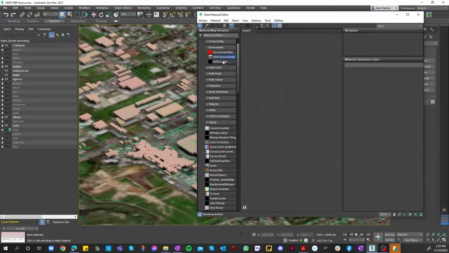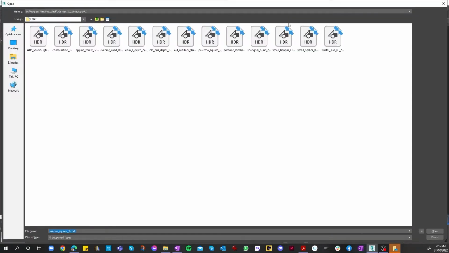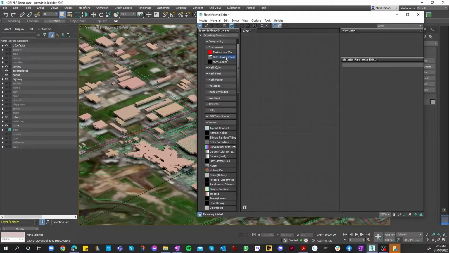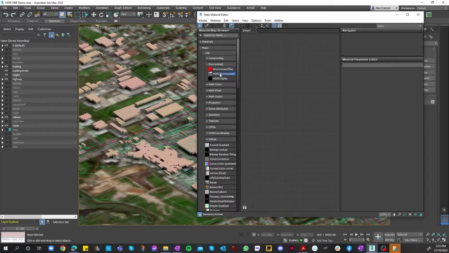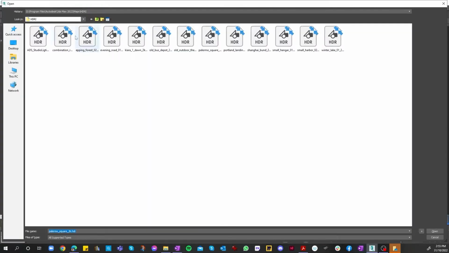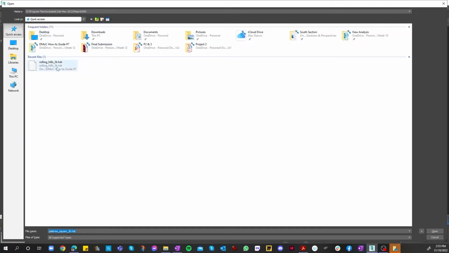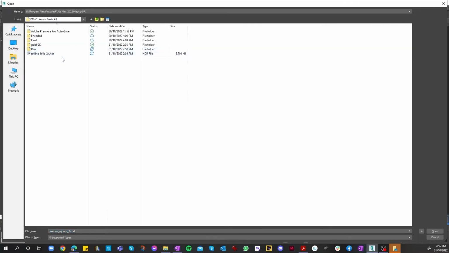Actually, what we can do is, sorry about that. So basically all we want to do is go to Materials, and then down from Maps, OSL and Environment, we click on HDRI Environment, and that will automatically bring up the open file dialog. And with our file in sort of, all we're going to do is just locate our file and